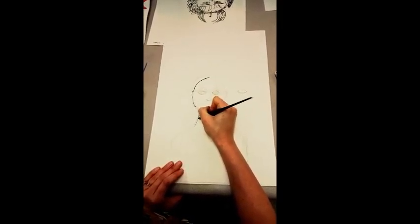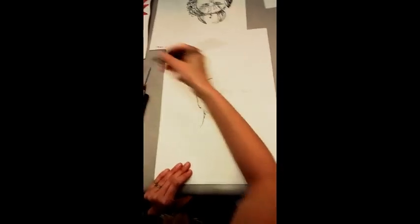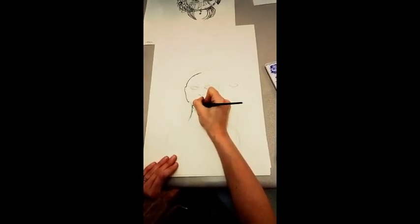And hatching is drawing lines in just straight lines. Or you could do something called cross hatching. So I'm going to demonstrate cross hatching below the neck of the...